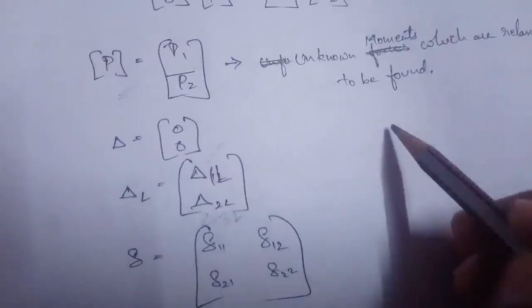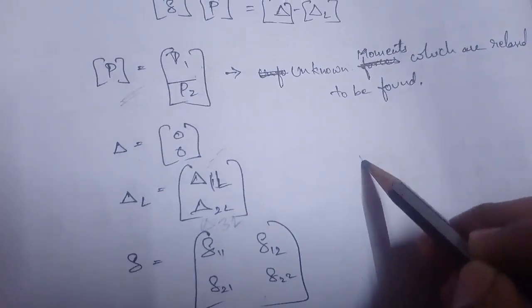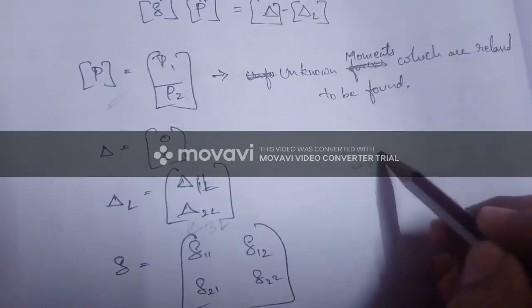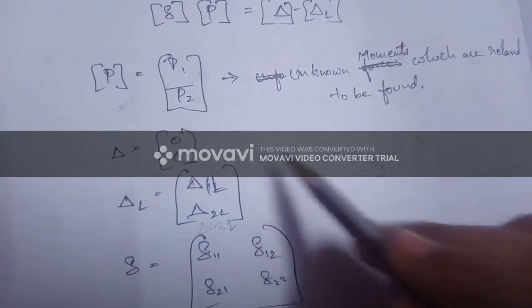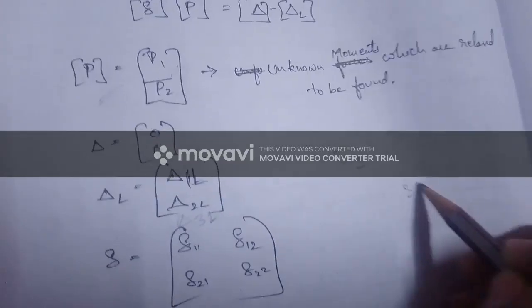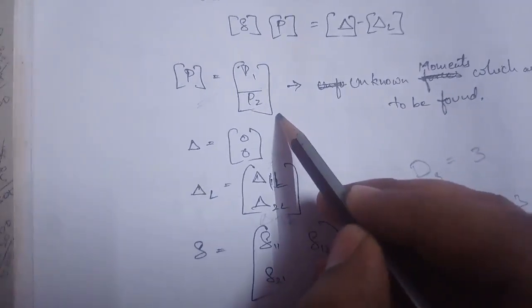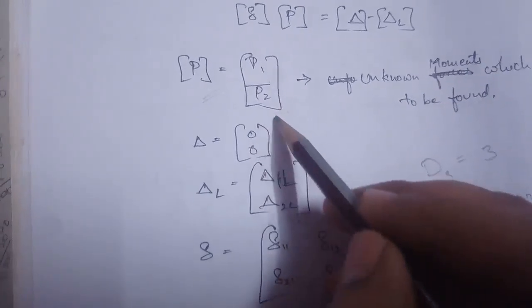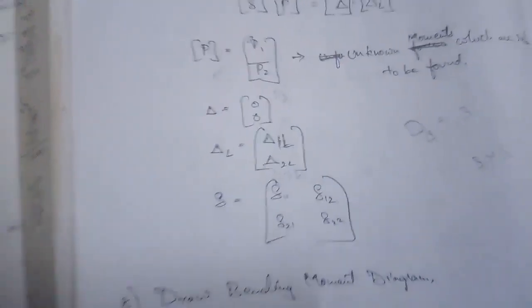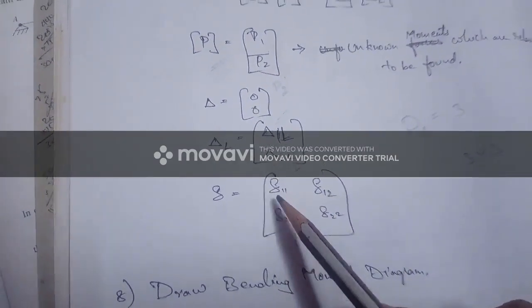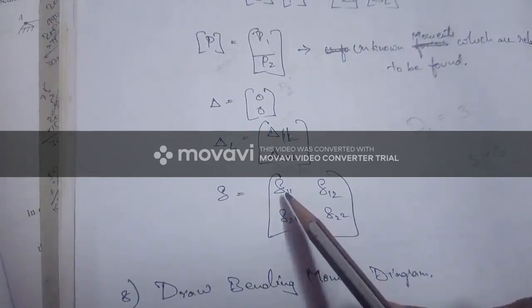So if you have a degree of redundancy or static indeterminacy of 3, then the matrix will be formed as a 3 by 3 matrix, and this will become the matrix P1, P2 and P3. That is a 1 by 3 matrix. Okay, and the delta matrix is, for example, if you have a 2 by 2 matrix, then